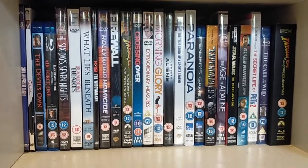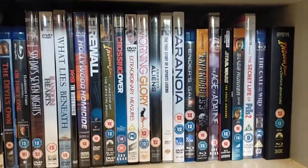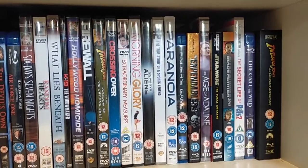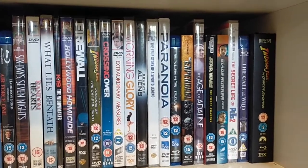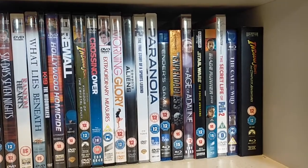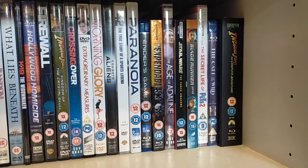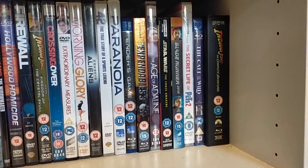I'm really looking forward to Part 5. I'm so excited. I was cautiously optimistic. Now I'm just absolutely buzzing for it. Crossing Over, Extraordinary Measures. That was great, was that. Morning Glory, Cowboys and Aliens, 42, Paranoia, Ender's Game, Expendables 3, Age of Adeline, and then, as I briefly showed before, Star Wars The Force Awakens,